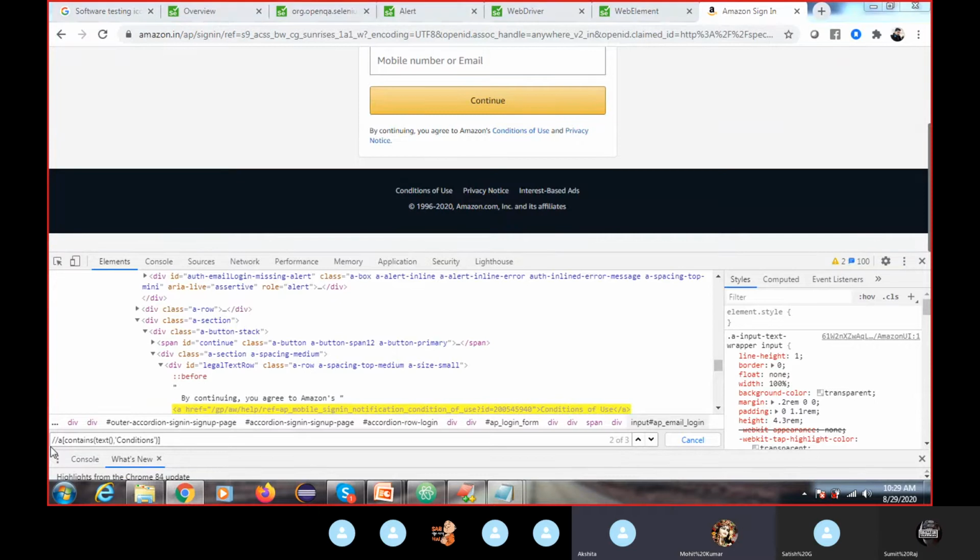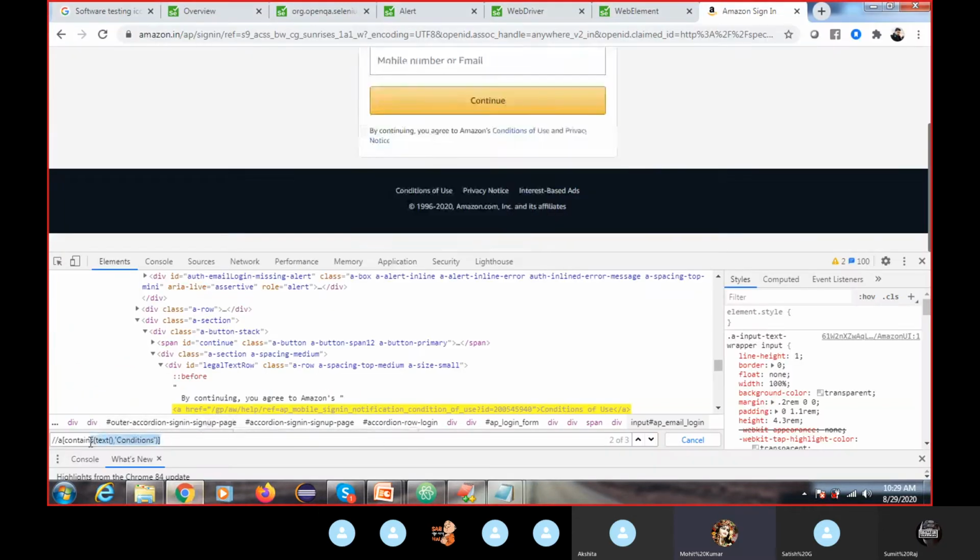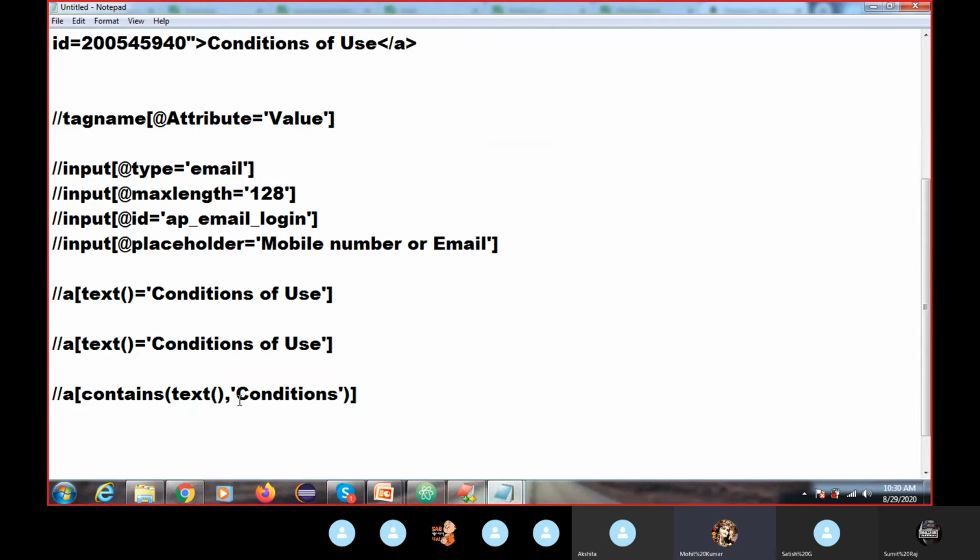See the difference between the contains and text functions. If we use this here, it is working now, but it has duplicate elements. I will tell you later how to make it unique. But it is working if you are using this contains function and giving a partial string.